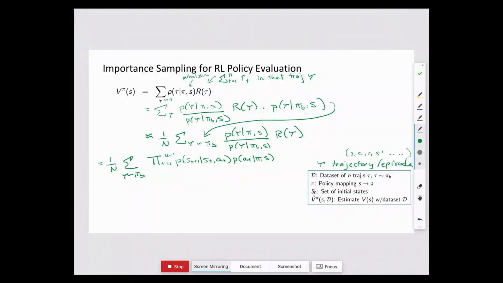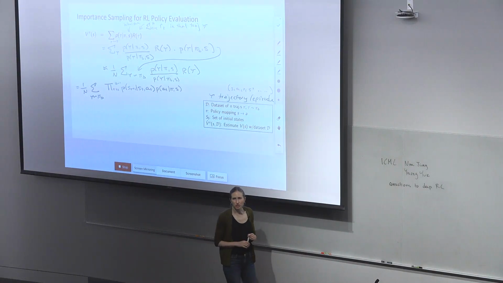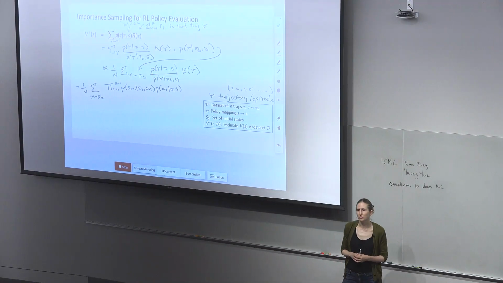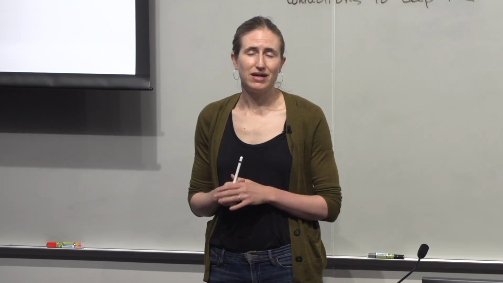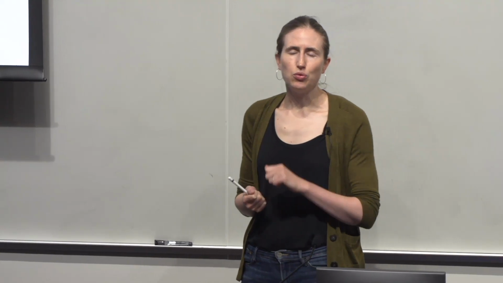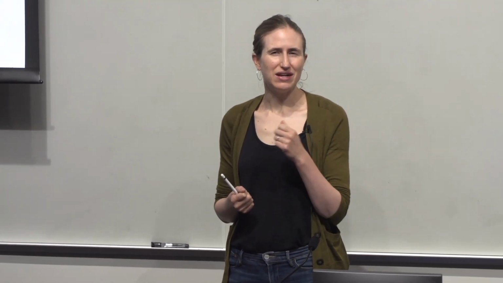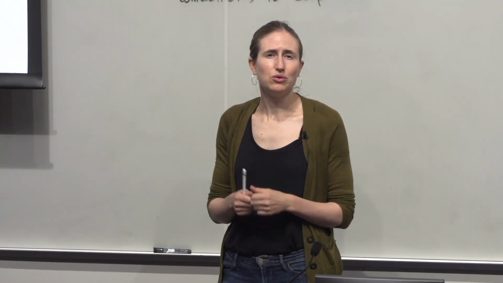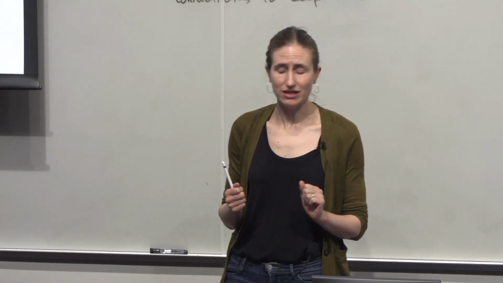Now, many of you might be thinking, but wait, most of the time we've been thinking about deterministic policies, so isn't this term just either 0 or 1? It certainly can be, particularly for the policy we want to evaluate, but for our behavior policy, it's almost always going to need to be non-deterministic so that we can evaluate alternative policies. If in your data you always take the same action in one state, you can never evaluate what it would be like to take a different action from that state. Like if I always treat patients with Tylenol, I just can't know what it's like to treat them with aspirin. You have to have stochasticity in your behavioral data.